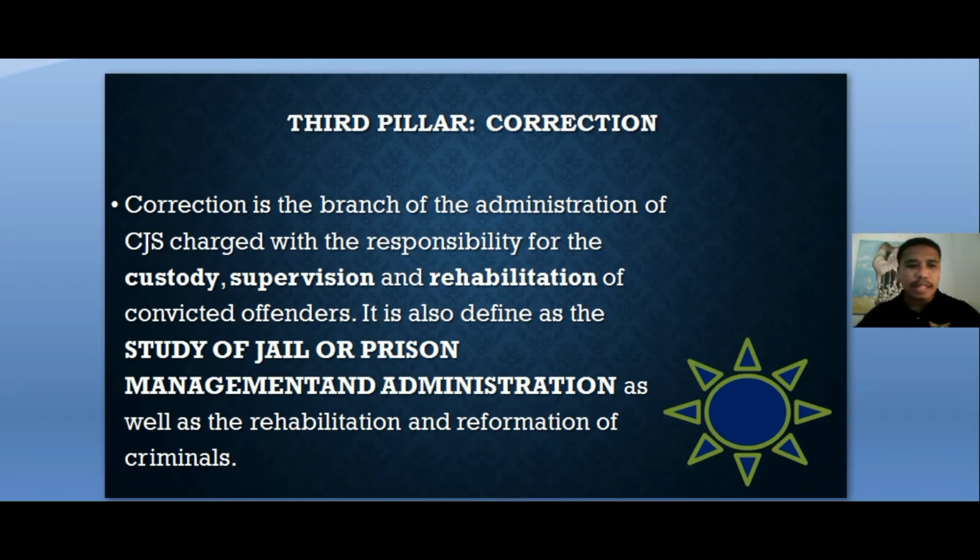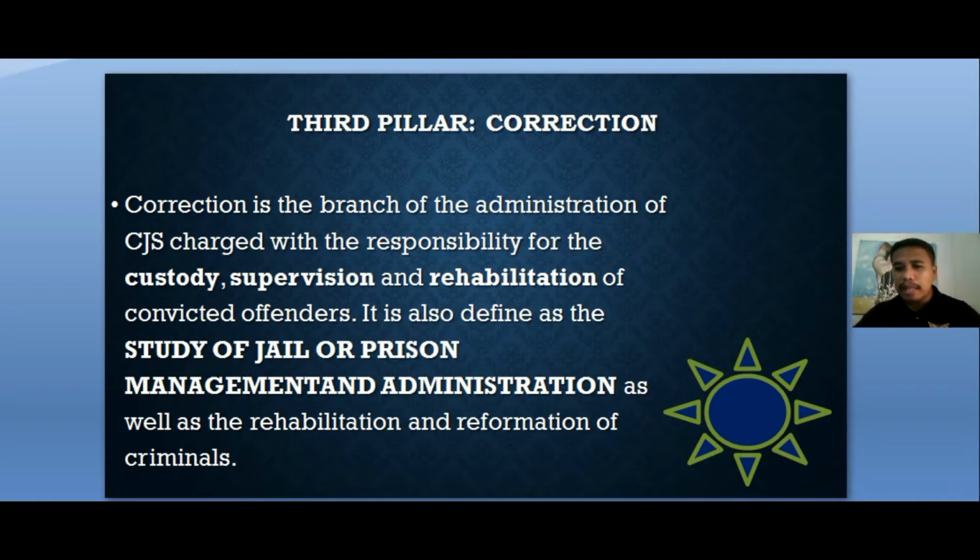So based on the discussion that I made last time, there are two pillars of the CJS which are mainly in charge in the determination of probable cause to hold a person for trial. Number one is the prosecution, and number two is the court. So the judge will recheck again, reinvestigate, scrutinize whether there is really a probable cause to hold a person for trial. And if there is,